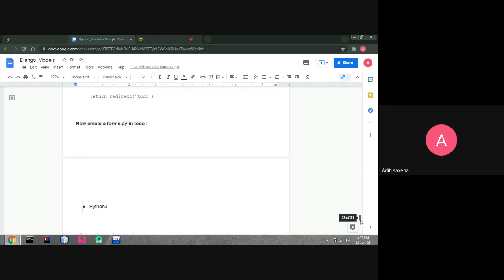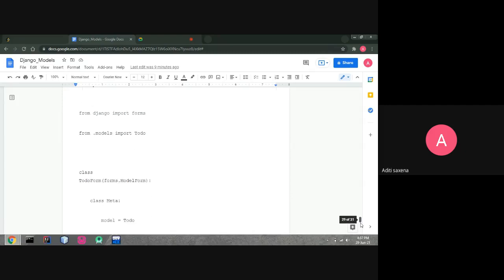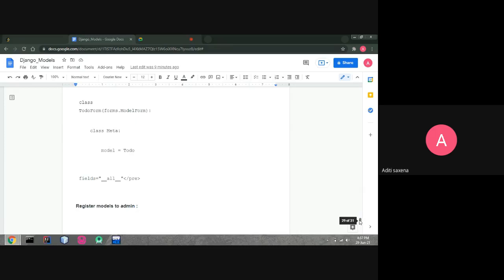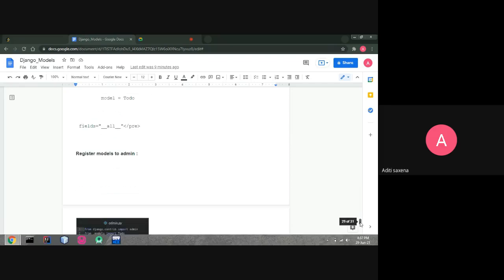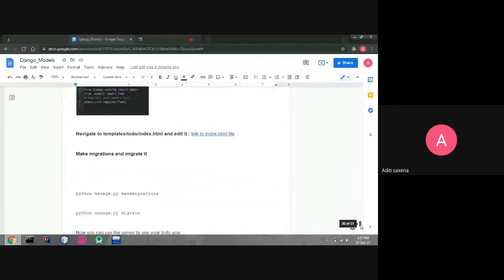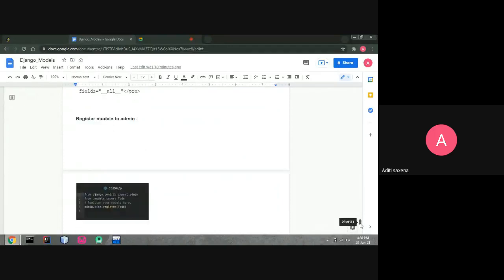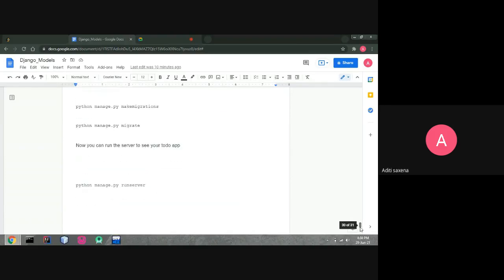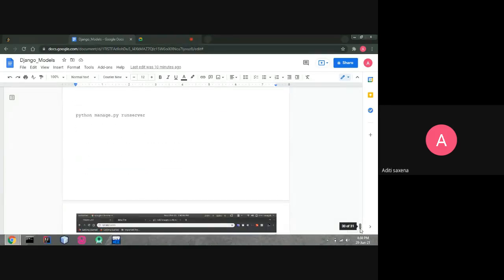Then we have to create forms.py. So already we have a form, we just have to make some changes in it, because when you create an app in Django, it will automatically provide some predefined pages like forms page or index.html. So it will automatically provide admin and link. Then make my admin. Obviously, you have to register models to admin, because the admin page is basically what we are going to display, and then run server.